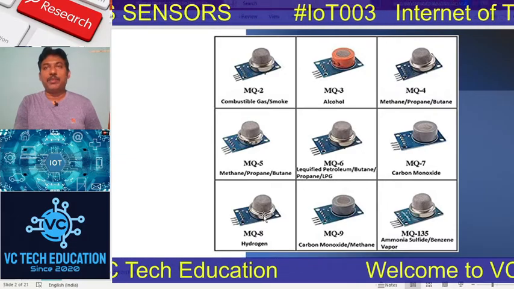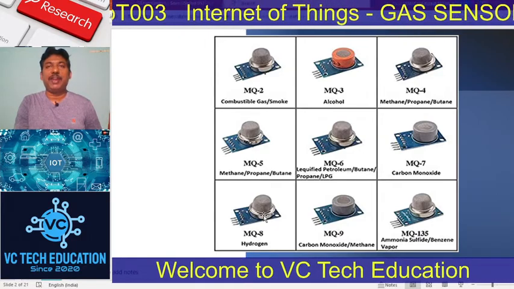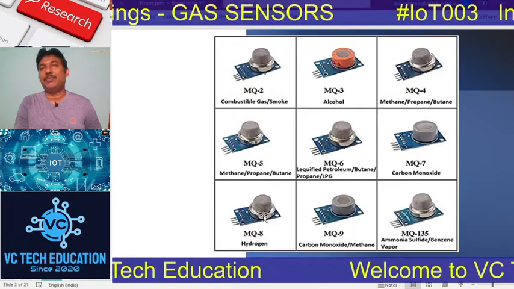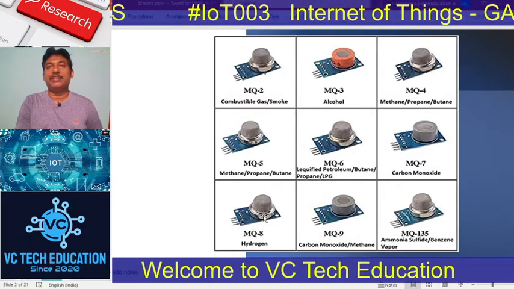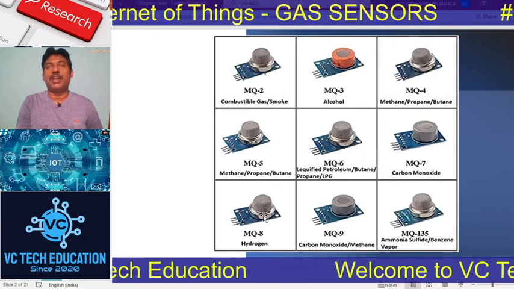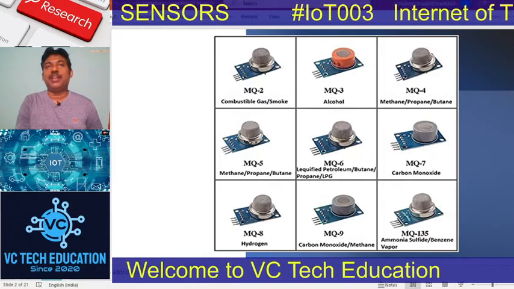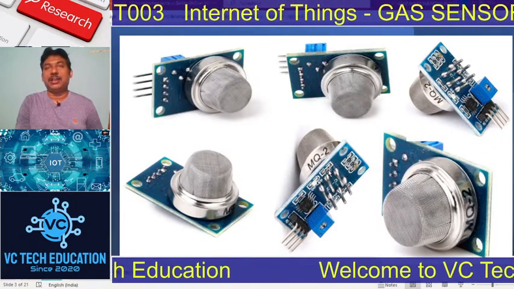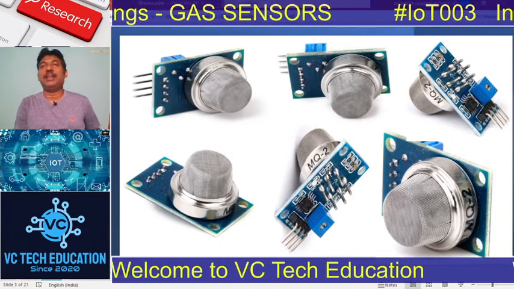MQ7, where carbon monoxide will be identified. MQ8, it is hydrogen which will be identified by this sensor. Then MQ9, where carbon monoxide and methane both will be identified, and finally MQ135, where ammonium sulfide and benzene vapor will be identified. These are the different sensors which are generally used in the Internet of Things for the practical session. Today's practical is mainly using the MQ2 sensor. This is the MQ2 sensor where it will identify different gases, mainly the alcohol